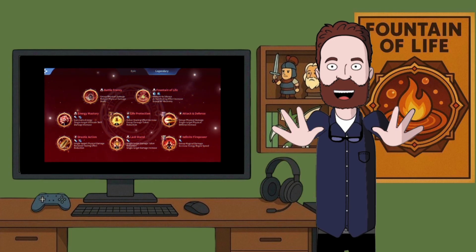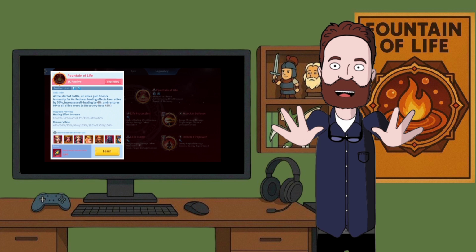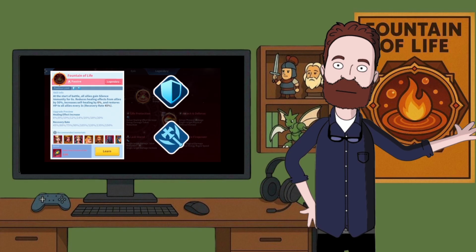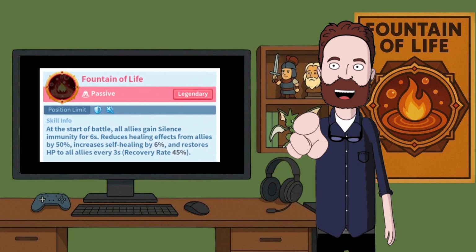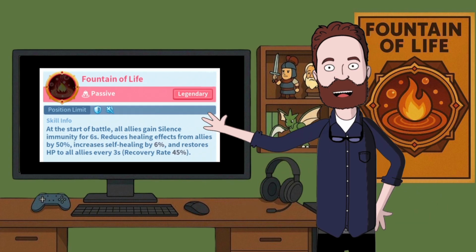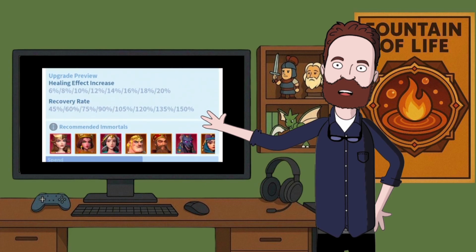So, what exactly is Fountain of Life? It's a legendary passive skill that works automatically once equipped. No activation needed. It can only be used by defense or support immortals. Here's what it does. At the start of battle, all your allies become immune to silence for 6 seconds. It heals your entire team every 3 seconds, starting at 45% recovery rate and scaling up to 150% at max